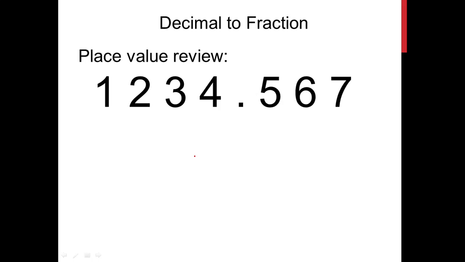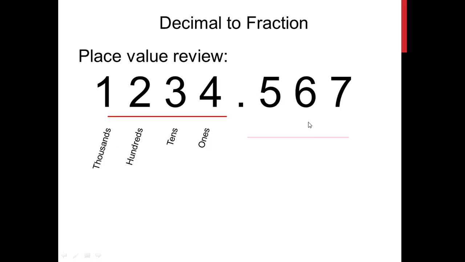Okay, now let's determine the place value of each number. Now let's start with the number before our decimal point. Now 4, the place value of 4 will be in ones place, followed by 3 on its tens place. Next, 2 on its hundreds place, and 1 will be on the thousands place.